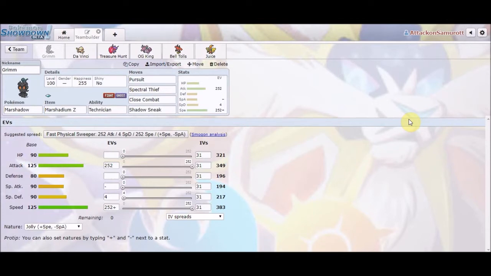So yeah, Marshadow, as I'm recording this, was released yesterday, and a lot of people have been hyped about this mon since it was first known of, which was through the Sun and Moon data files. Officially this mon won't be released on the games until July 15th, which is the same day that the